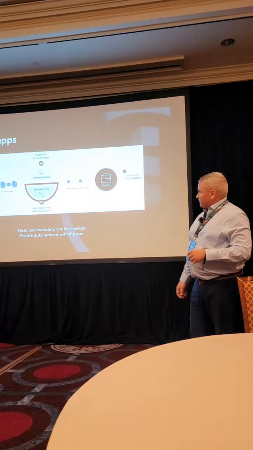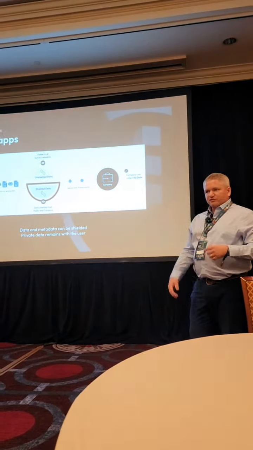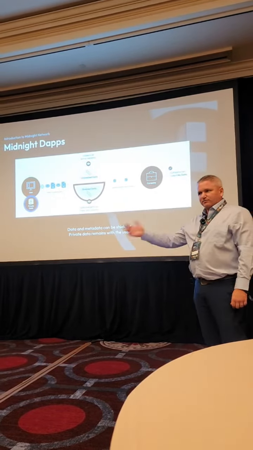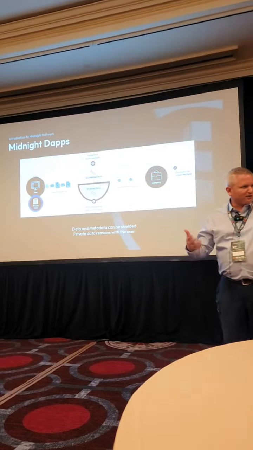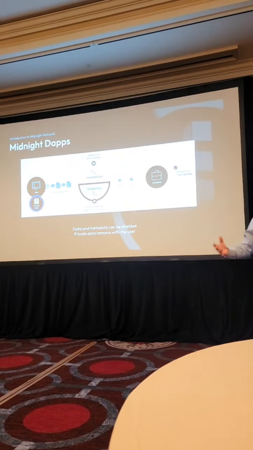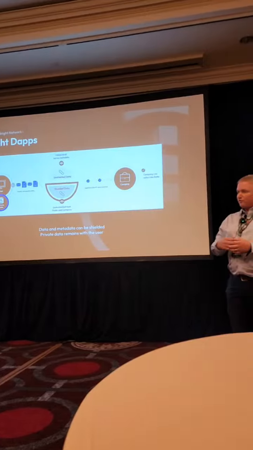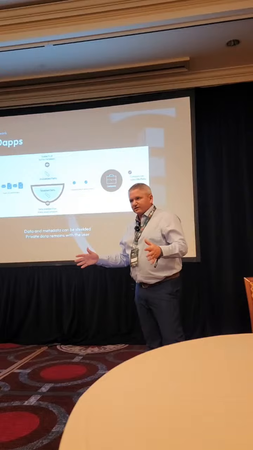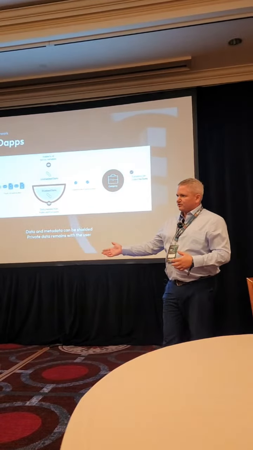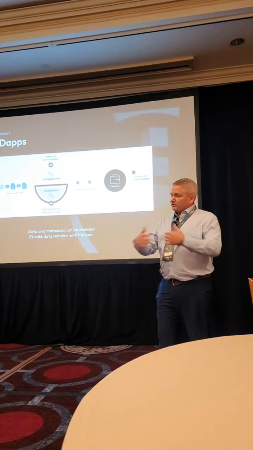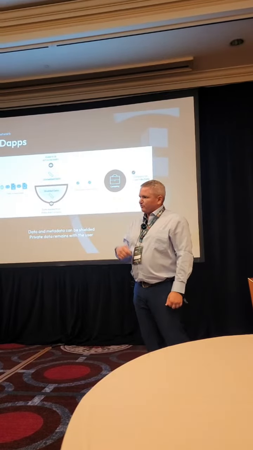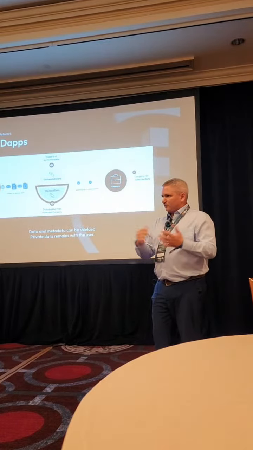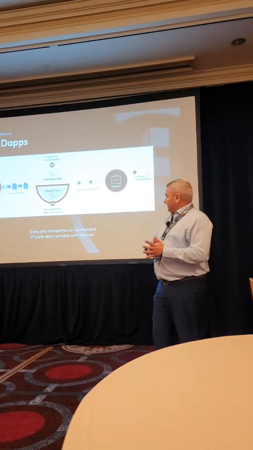Midnight provides both a shielded and unshielded version of this, so you can have information that is public that you can coordinate across many users so that you can actually interact, play games, have a marketplace. But then it also has the shielded portion where if you want to perform a function but you don't want everybody to see it, like for the example, the McDonald's cash register, you can shield that. So you can tell somebody paid for their meal, but you can't necessarily tell what the deposit was, how much is there and how much is resident in that location.